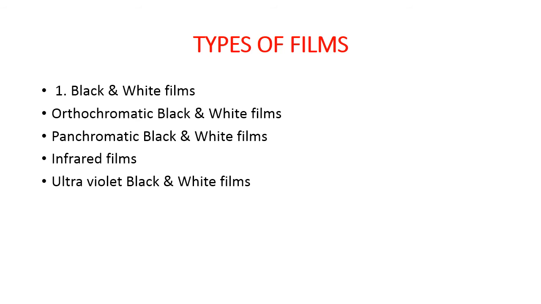Black and white films are economic because they are cheaper than color films. Therefore, they are widely used in aerial photography. Silver halide is a chemical which is sensitive to short light waves. Then special types of dyes are used. There are 4 types of black and white films, as I have told you before.